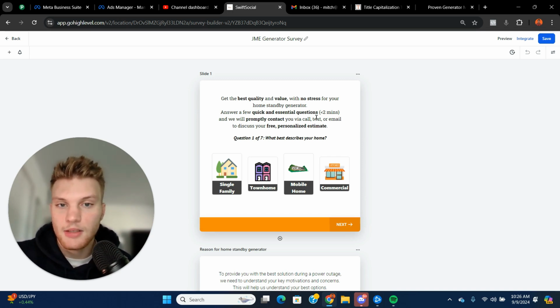text, or email. So what that's doing right there is giving them options. It's letting you know how you're going to contact them. People like to have options. And then to discuss your free personalized quote. And that's the benefit. That's what they're going to get if they take the less than 2 minutes to fill